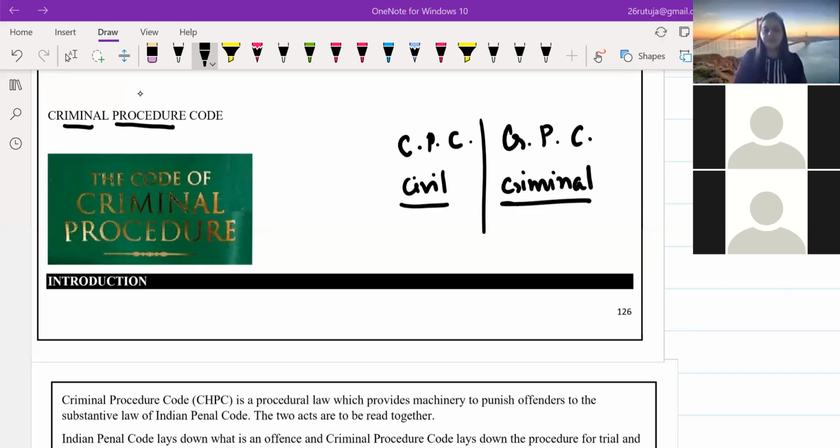Ma'am, in a criminal suit, to declare a punishment or a judgment or a decree for a given case, you need to be 100% sure that this man has done it. It's not applicable to a civil suit, because a civil suit is not more of an offense that would put you in jail or charge you with something big and substantial. It can be monetary compensation also. Okay, so anyone else? Anushka? What difference do you find in a civil suit and a criminal suit?